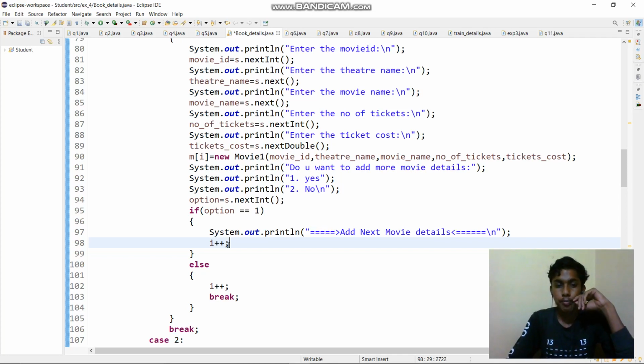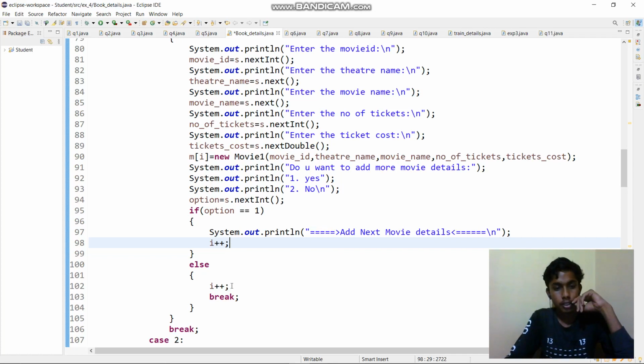This is the case we have faced if we didn't give I equals I plus plus, that is, if we didn't increment the I value. So if you want to add more details, you need to increment. So I became 1. So next, m of 1, you can add some more details. If you want to leave, I plus plus,